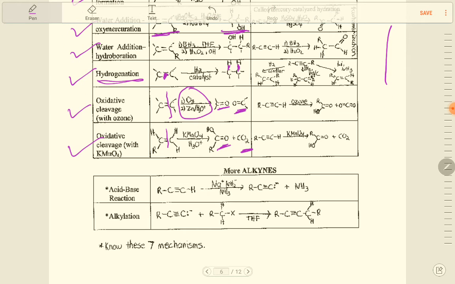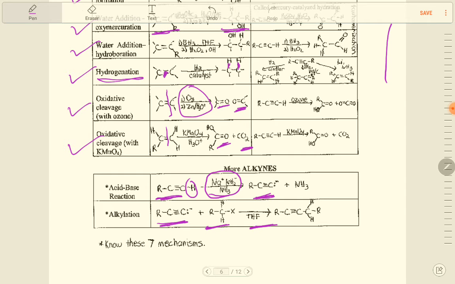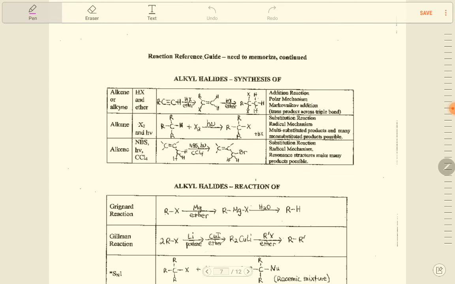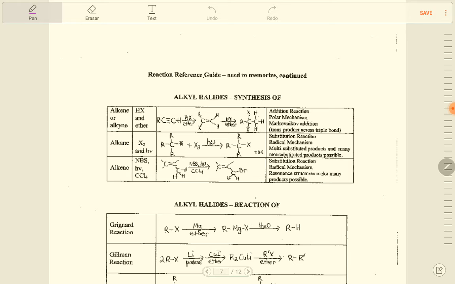More alkyne reactions, acid-base reaction, NaNH2, and you can see how this bond breaks and forms this anion. This is alkylation, and how this alkylation forms in the presence of THF. So those are the reactions to memorize. All right, let's see. Again, you need to memorize